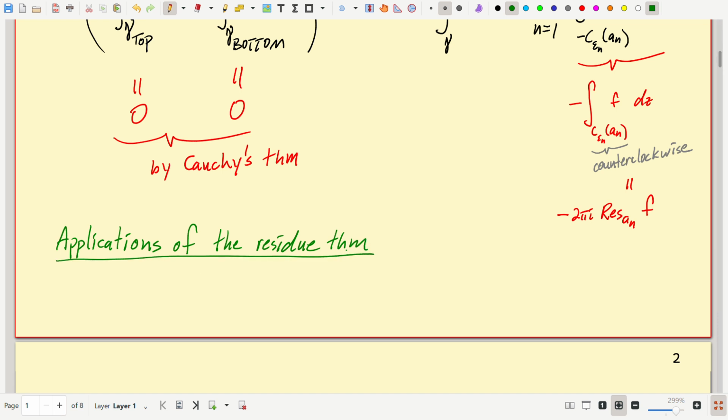A very famous integral in the subject, actually in engineering and science and math. You probably saw the Laplace transform in your ODE class. There's another one called the Fourier transform, which is